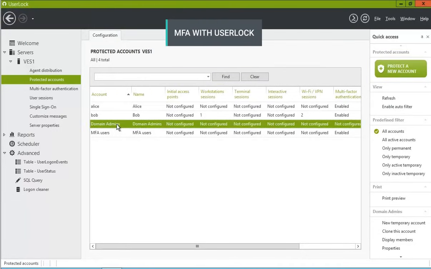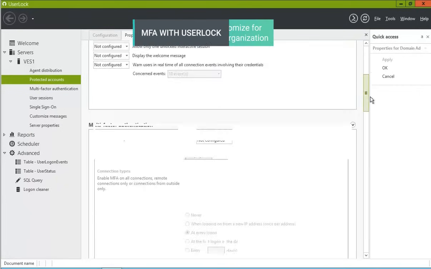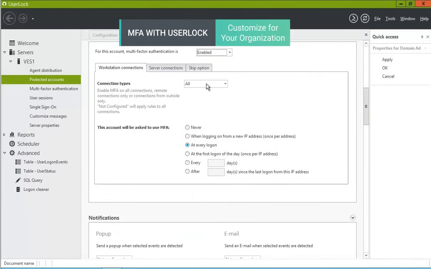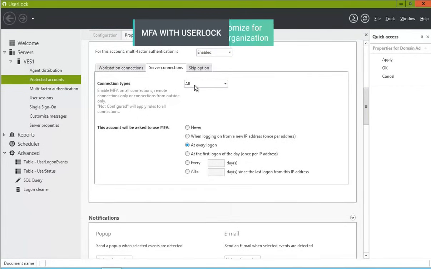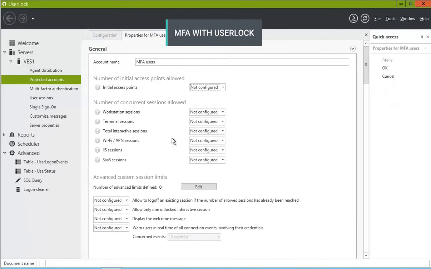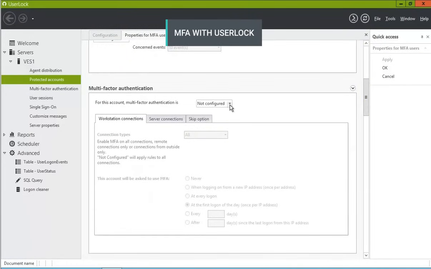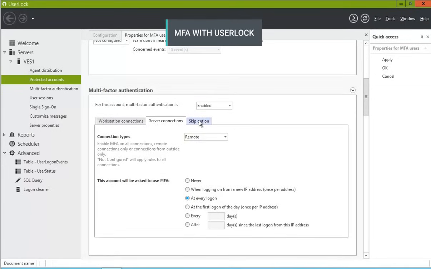For example, create a policy for your most privileged accounts to require MFA for all logons to all connection types, and then create a more adapted policy for your standard users to be prompted with MFA at the first logon of the day to their workstation and for all remote connections to servers. This would include RD Gateway connections, web applications such as Outlook Web Access and RD Web, VPN connections through Radius, and connections to cloud applications via the SSO feature.